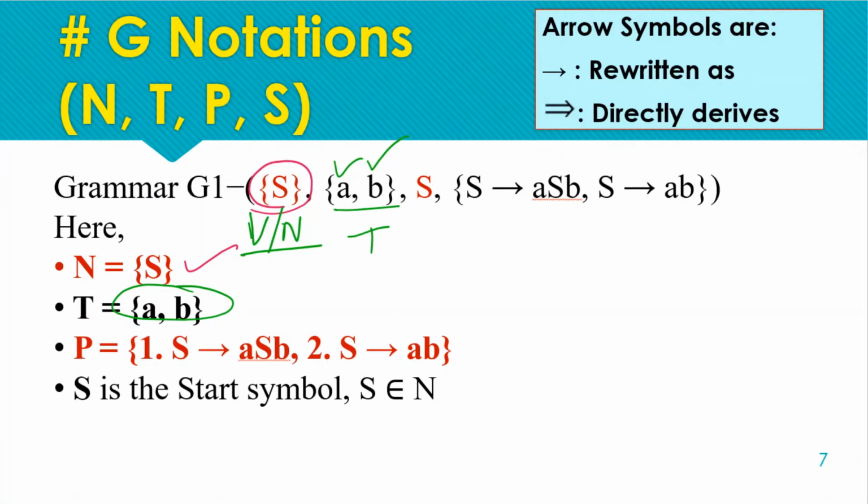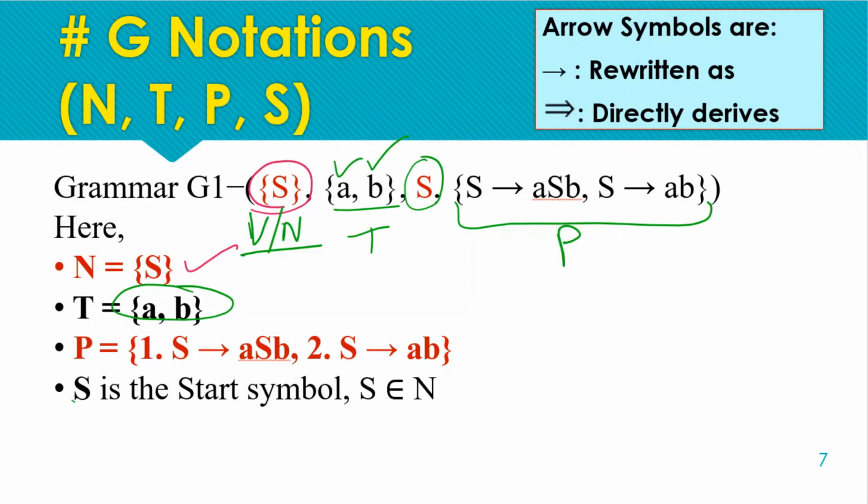Okay, or we can also use 0, 1, 1, 2, any letters or any alphabet for the terminal depending on the grammar. So here S is the start symbol of the grammar, and these are the production rules of the grammar that we will be using to derive the string.